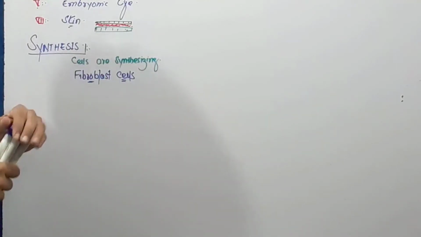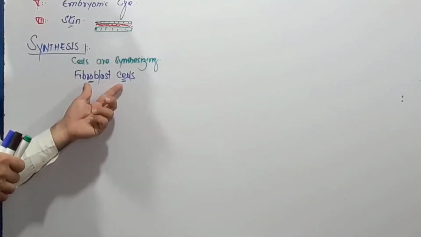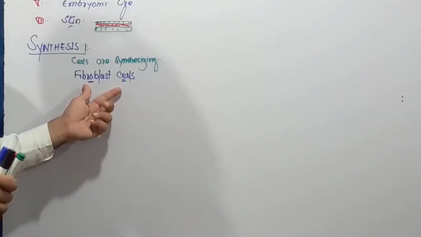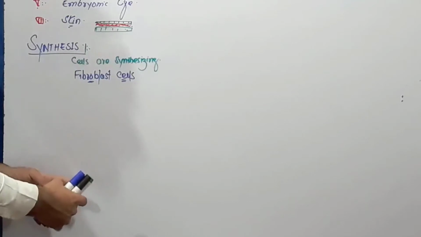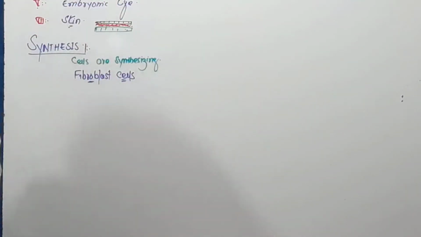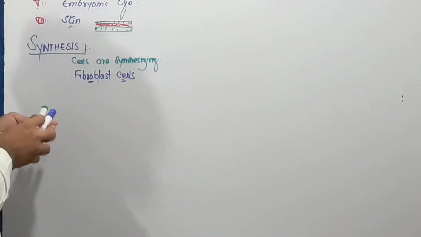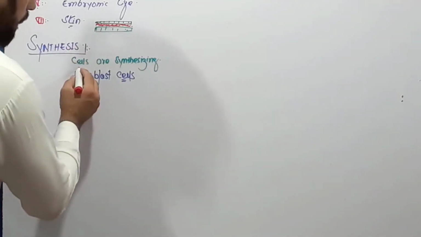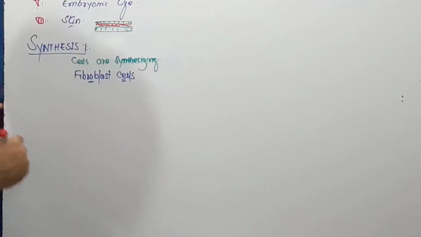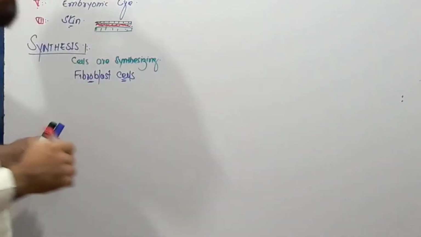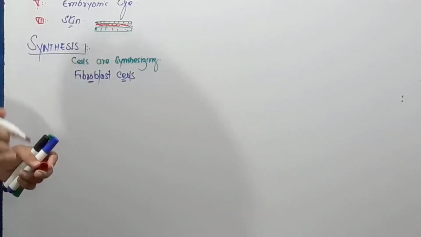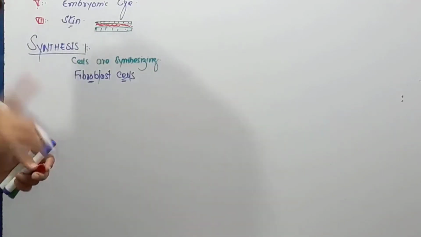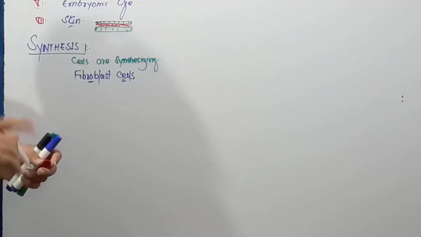Some other cells are also synthesizing them, but mostly they are synthesized and produced by fibroblast cells, right? So we will make a fibroblast here and we will discuss the synthesis of collagen fiber in detail. Now look carefully. In synthesis of collagen fiber, there are different steps involved. Some steps of the collagen synthesis will occur inside the cell and some steps will occur